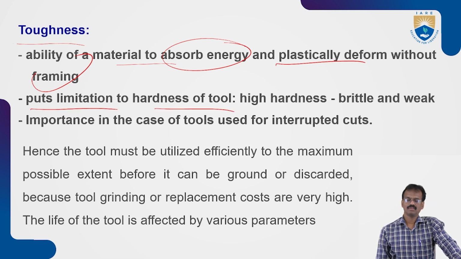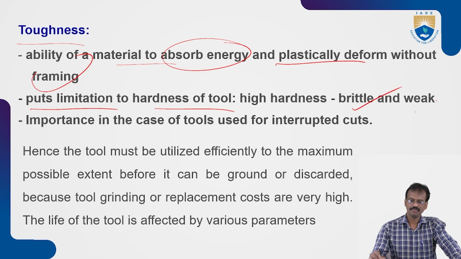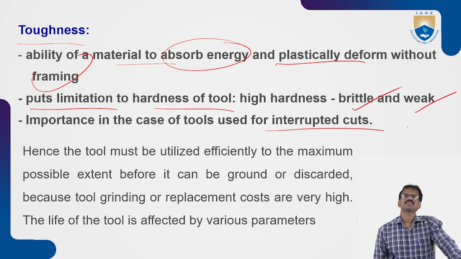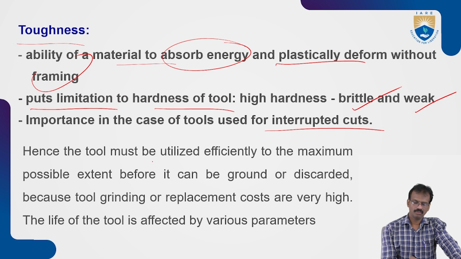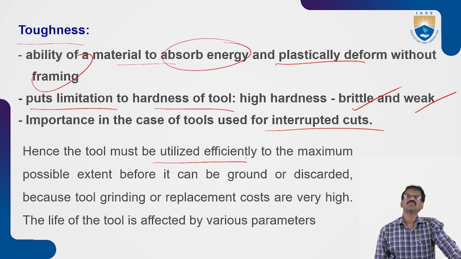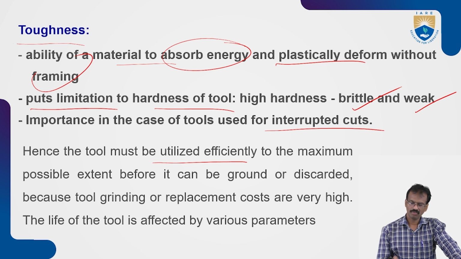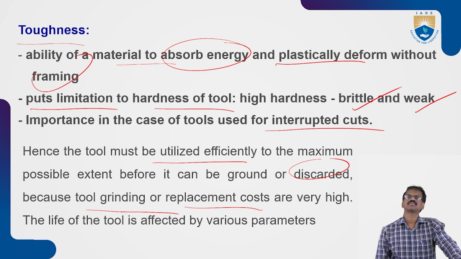High hardness gives brittle and weak tools. So it is important in the case of tools used for interrupted cuts. Hence the tool must be utilized efficiently to the maximum possible extent before it can be ground or discarded. Because tool grinding or replacement costs are very high,